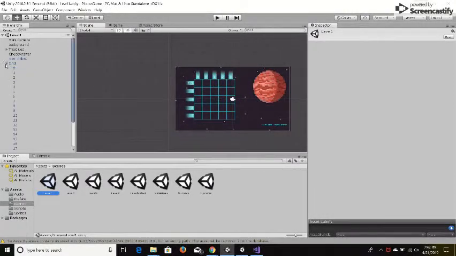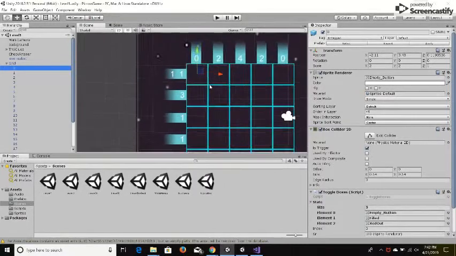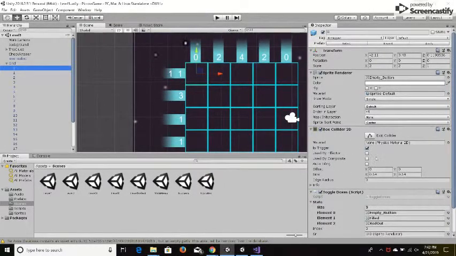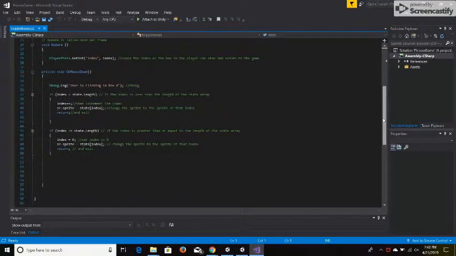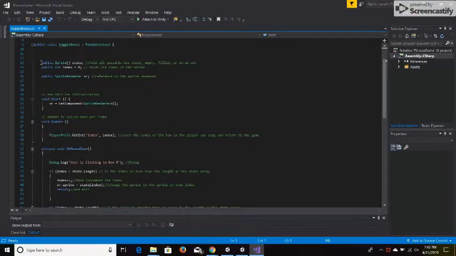So on level 1, I have this 2D collider box around each one, and I have it checked as is triggered. Then I went in and attached a script to it called toggle boxes, which handles switching the states. So how I did that is I made an array to hold all of the possible states, and it just holds each sprite, and I have a public sprite renderer that holds the sprite renderer that I am changing